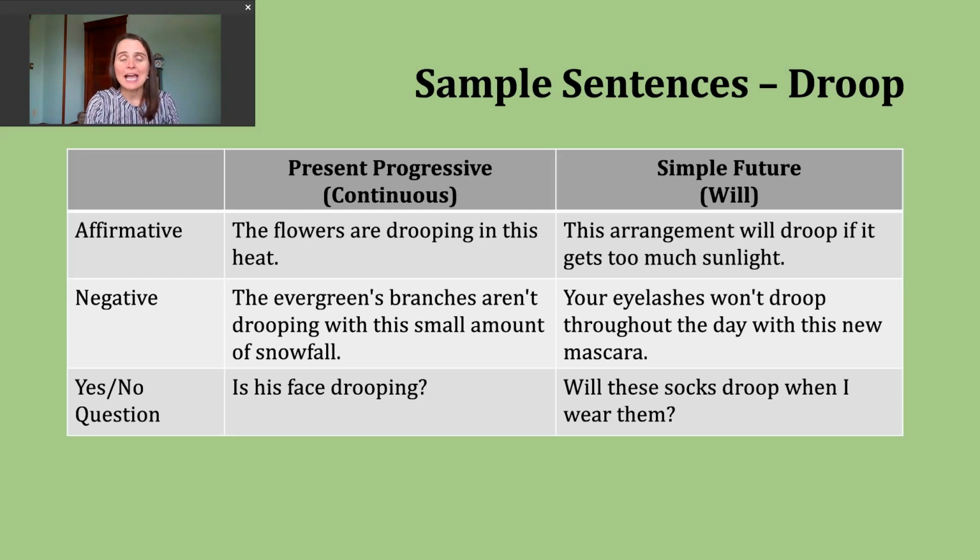Now, let's take a look at a negative present progressive sentence. To do this, I start with my subject. I use the form of be, am, is, or are that matches. Then I have not, and then the ing form of the verb. The evergreen's branches aren't drooping with this small amount of snowfall, right? So we're saying this is not